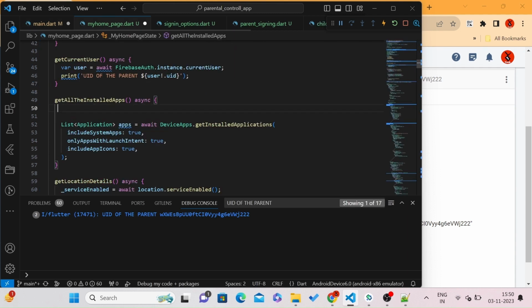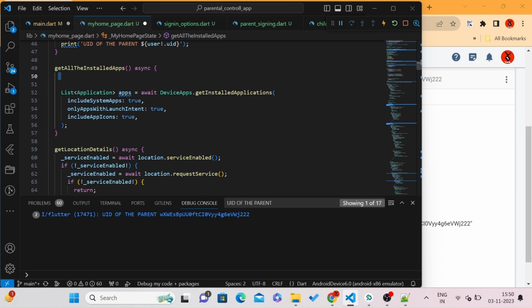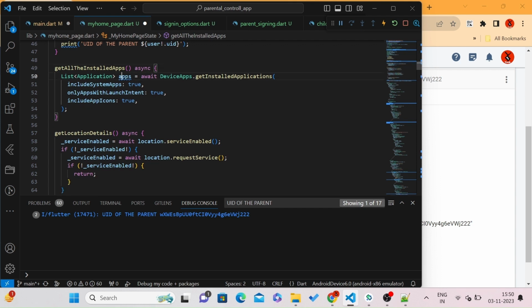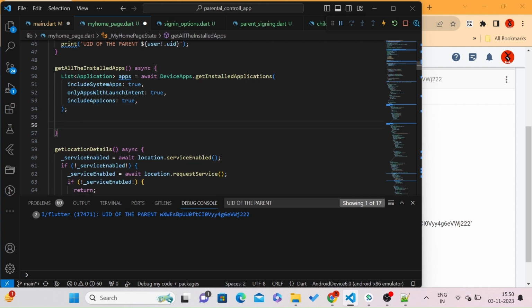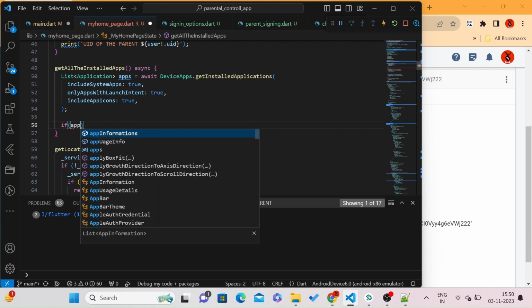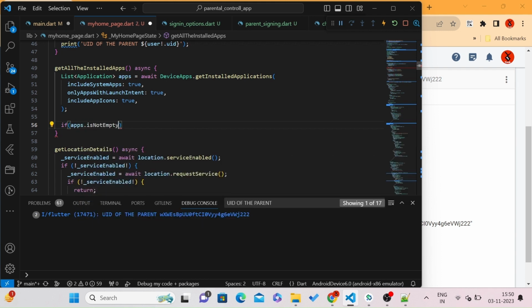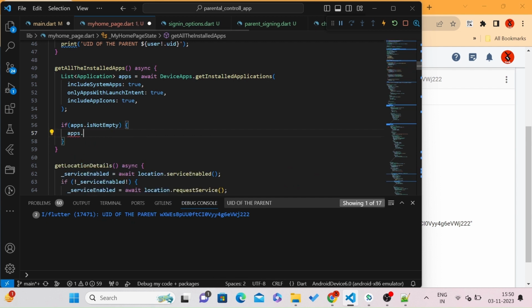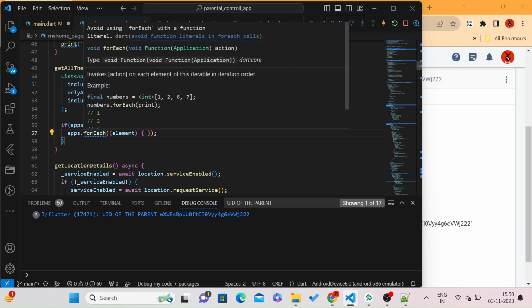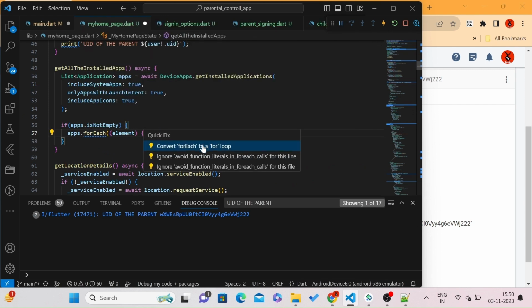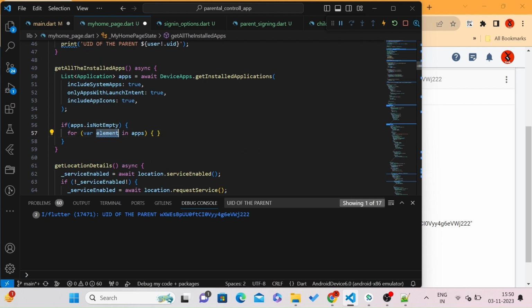Come back to this one, and we are getting the list of applications. In order to save the list of applications information, I will iterate this apps list with the help of for each. Before that, just check whether it is empty or not. If it is not empty, we are going to iterate it for each and do this. Or just do a quick fix for loop,